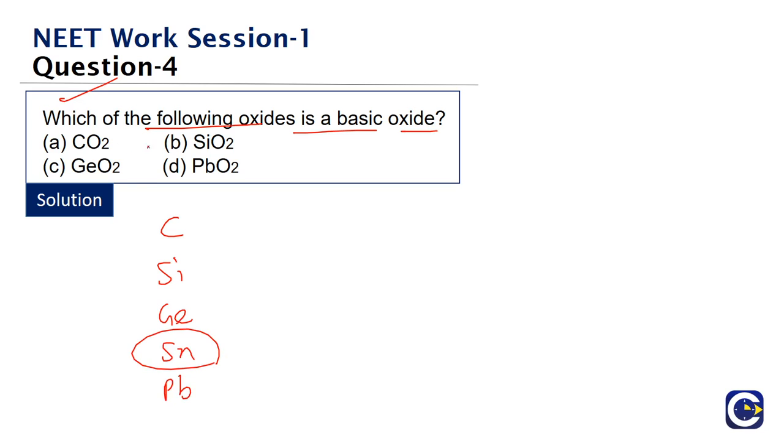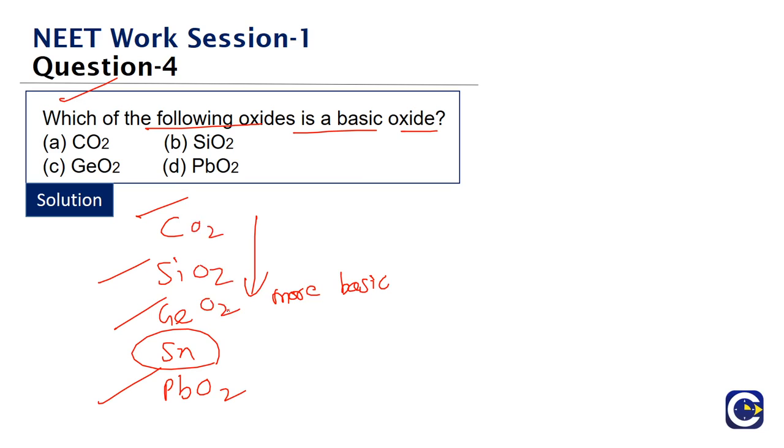So we have the oxides of carbon, silicon, germanium. Tin is not there, lead is given. When we go down a group, oxides will become more basic. When we go down any group, the oxide nature will become what? More basic. So here what they are asking is, which of the oxides is more basic? Which means, what is the element that is sitting at the bottom? It is lead. So among these given oxides, CO2, SiO2, germanium oxide and PbO2, which is going to be more basic in nature? It is the lead oxide. PbO2 will be more basic in nature.